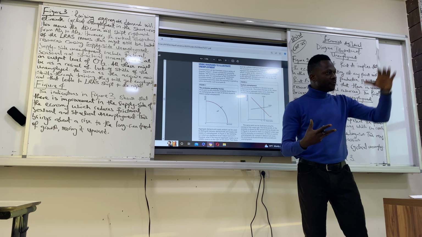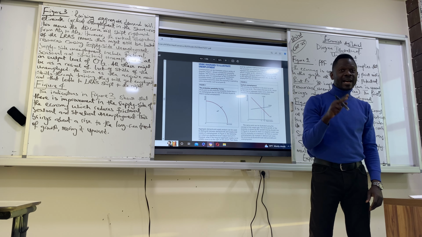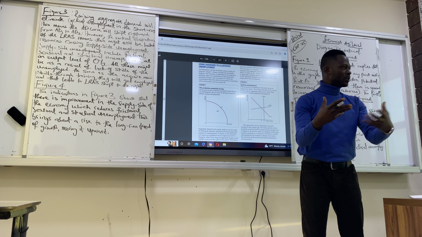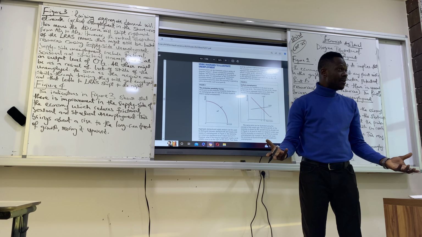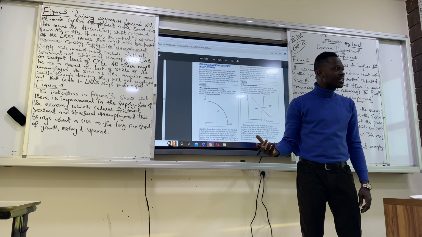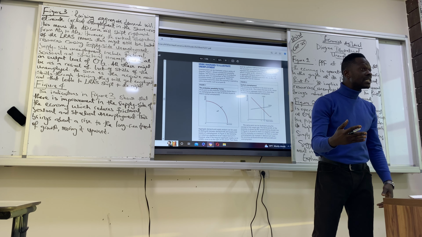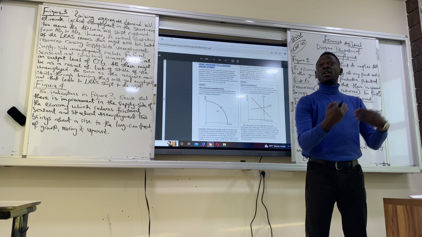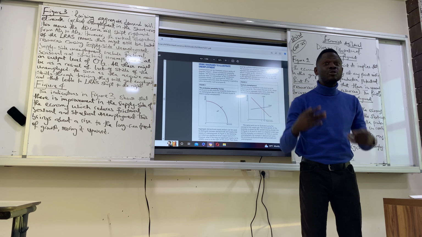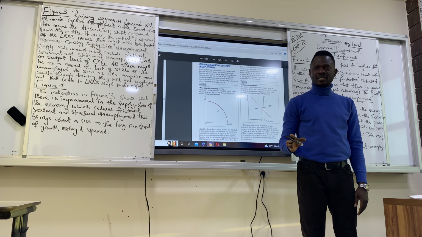Get the point here. A fall in aggregate demand will bring about cyclical unemployment. And if there's cyclical unemployment in the economy, it means nobody is having disposable income. And because we don't have it, firms will not be able to keep their workers. So they have to lay off workers. So laying off workers means disposable income continues to fall. So to solve it, we have to find a way to increase or to raise aggregate demand. Do we get it or not?